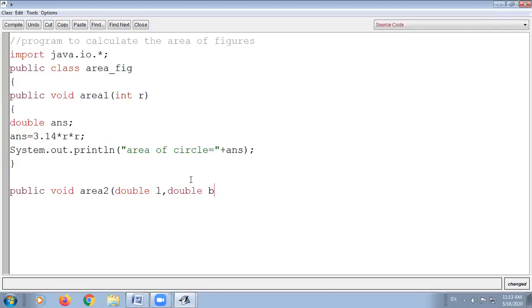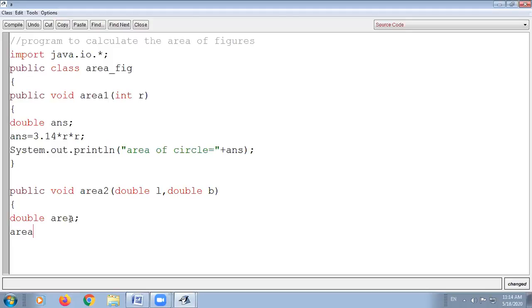Okay, so what are the two formal parameters that are given? That is double l and double p. Now you have to calculate the area of rectangle. Now, as you know, according to the rule, you have to take one double value. Okay, now here you can take the ans variable also, because the ans variable is the local variable that is defined inside the function. But to reduce the complexity of the program, I'm not using the ans variable again. I'm using some other variable. I'm using the area variable.